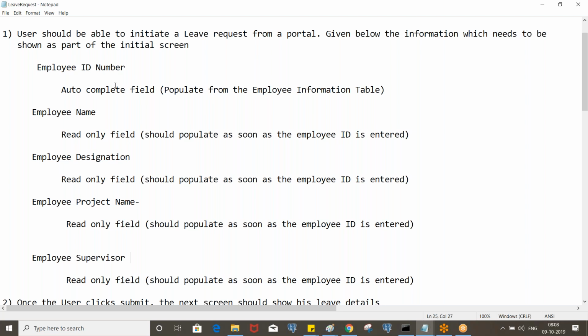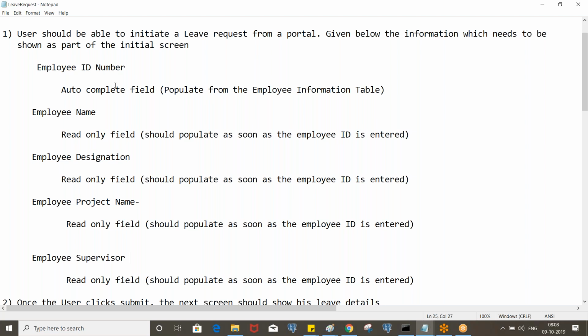It is like Google search, not a drop down. Let's say the employee ID is 5 digits, like 1, 2, 3, 4, 5. If you enter the first 2 digits, it has to display the matched employee IDs. So you can use the autocomplete.